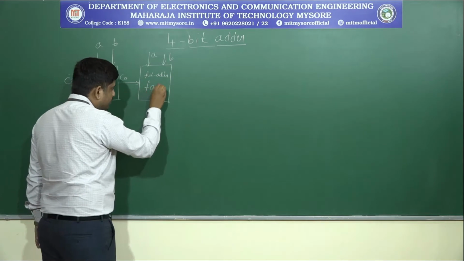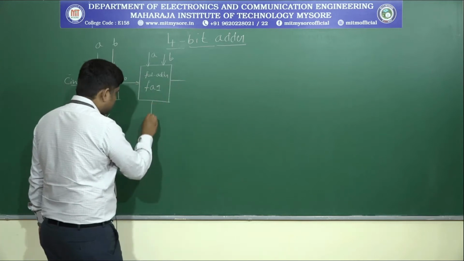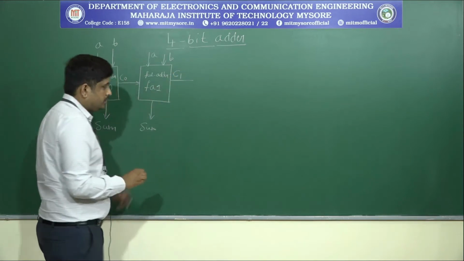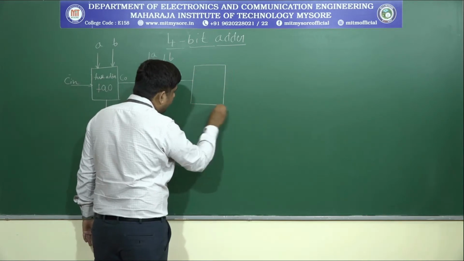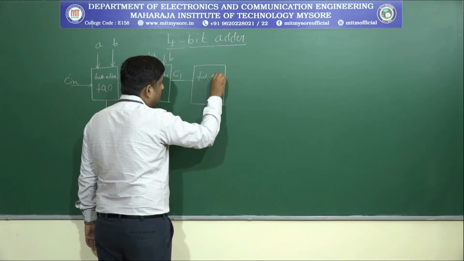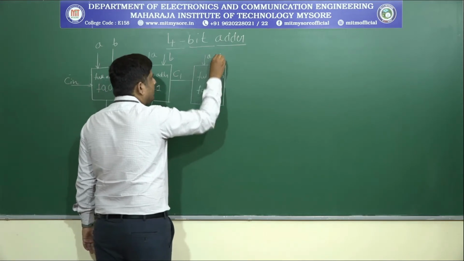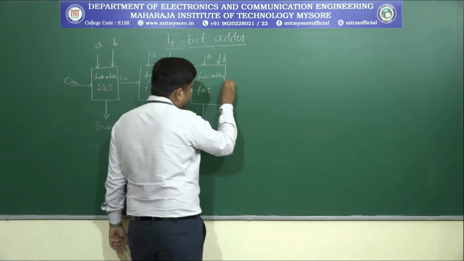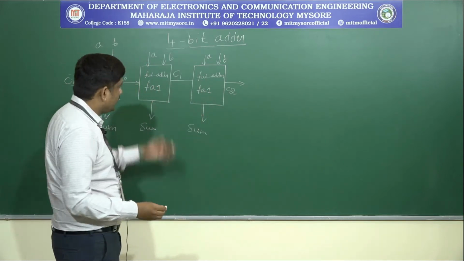The instantiation name is FA1. Again let us continue, it produces a sum, then it produces C1, one more carry, which is then added with the next full adder, that is full_adder. This is FA1 with A, B, and it produces a sum, then here C2. After this it is what a 3-bit one.